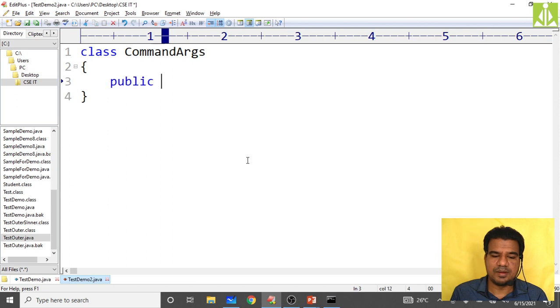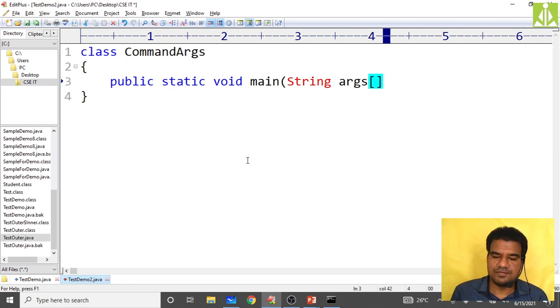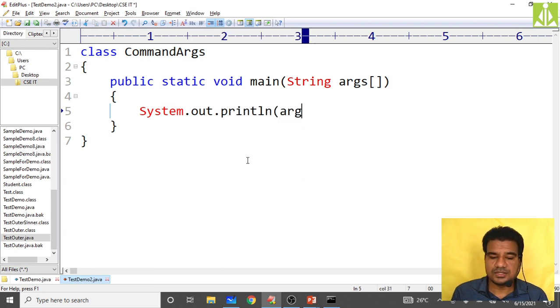So simply put public static void main of String args. We are reading only one, System.out.println of args of 0. We are printing that one. We are reading one and we are printing one.